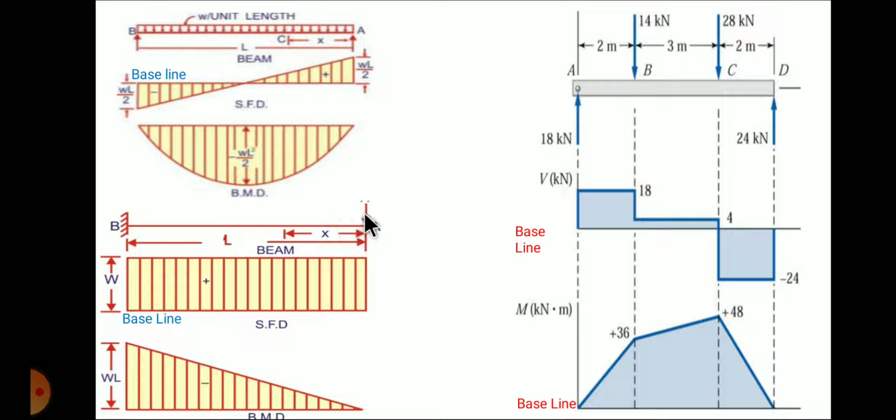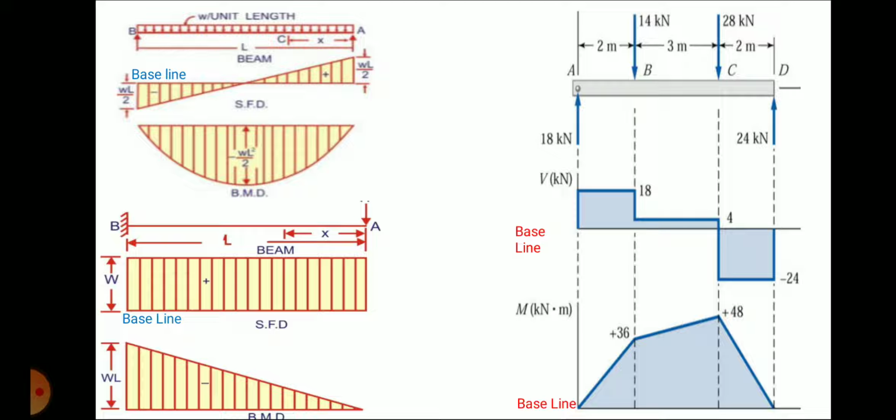As per the definition, it is vertical load into perpendicular distance. When you want to find the bending moment at A, the vertical load is considered as F multiplied by distance. You don't have any distance, it is 0. F into 0 is 0. For a cantilever at the free end it will always be 0, and at B you can see vertical load into perpendicular distance, F, or you can consider W multiplied by L, that will be the bending moment at point B. This is how you need to draw the shear force and bending moment diagram.